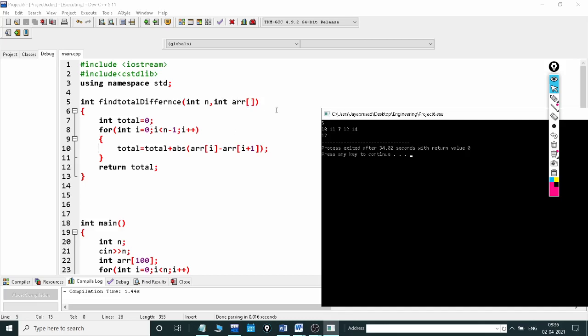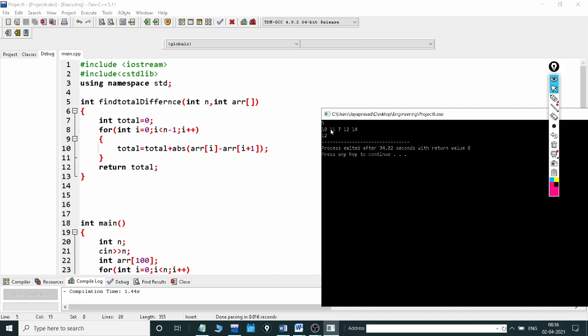Then first we find 10 minus 11, here array of 0 minus array of 1. 10 minus 11 is equal to minus 1, and abs means plus 1. It should be added with total 0. Then 11 minus 7 is 4, and it should be added with 1, so 5.